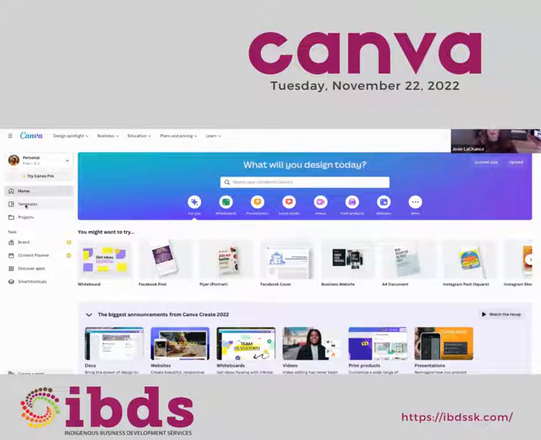There's a templates tab and your projects tab. And if you see these little yellow circles or yellow crowns, that means this is a pro feature, so you have to pay for it. But there are sometimes things within that feature that are still free. I'll go through that a little bit as well.